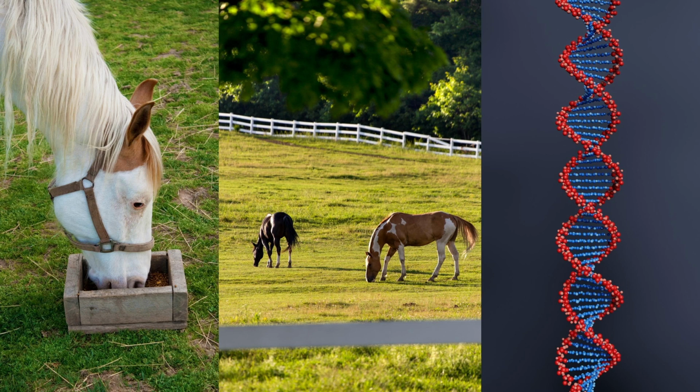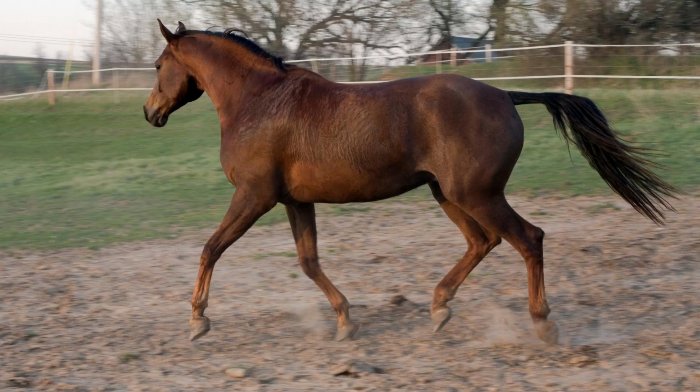So just to reiterate, getting EMS is more complicated than whether a horse is obese or not. It also depends on their genes and whether their environmental triggers are present and how those two things interact together to create disease. What does that really mean? Well, an example, horse number 1 might have a genetic predisposition to metabolic syndrome, but that horse isn't overfed and none of the genes are triggered by pollutants in the environment. And they do plenty of daily exercise, so they never develop metabolic syndrome and live a long and happy life